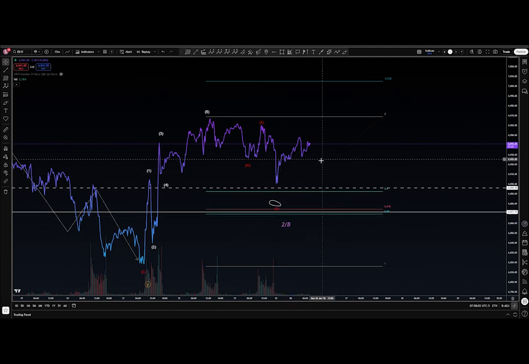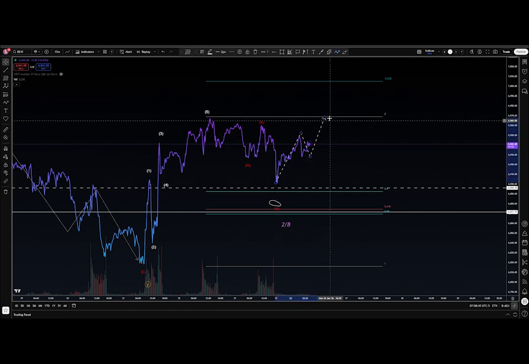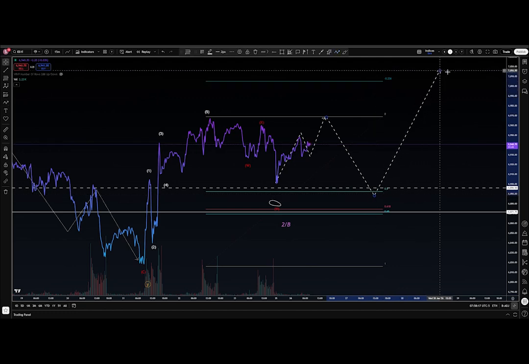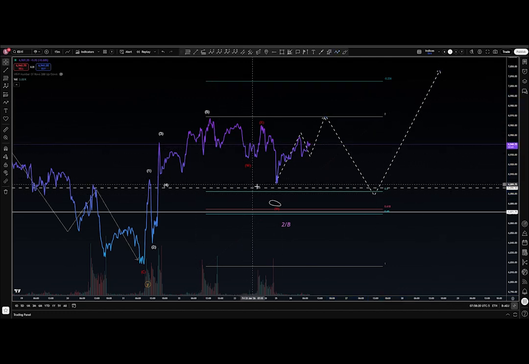However, if there's more complexity to come, what we're going to look for is rejection around this high with momentum divergence, and then the first expectation at that point would be that it would be a flat. But we do see that this is not motive structure to this level. It is corrective structure. If you got in at this low, you're feeling good, even if you return back to these prices. However, depending on how you're playing it, maybe you're already out, maybe you get out here. But however, we'll always continue to be cautious.